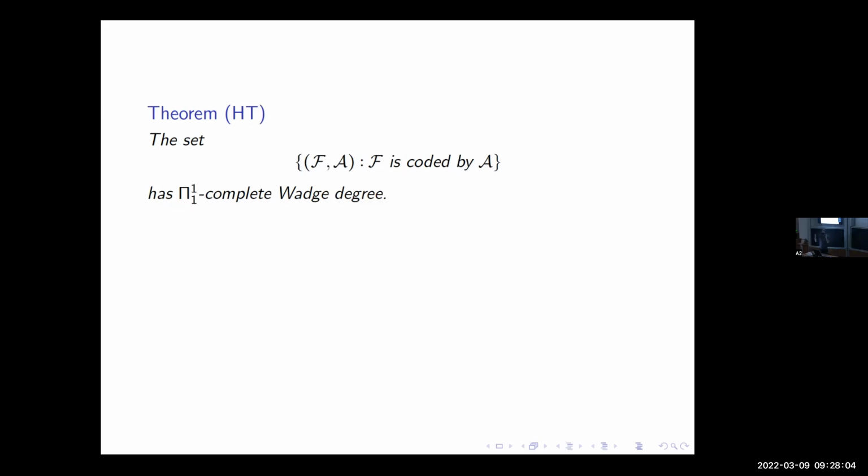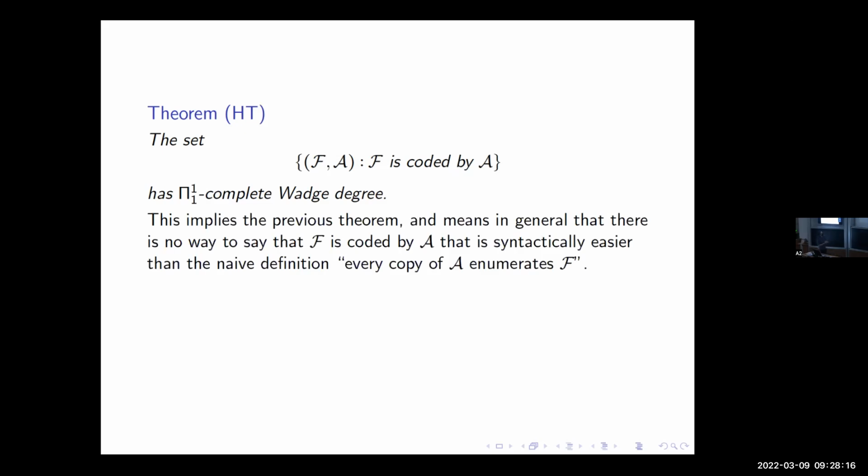It just so happens that in every copy of the structure, it happens to enumerate the family. But there's no reason more than that's going on. Right, of course, this implies the previous term also, because if there were sigma 1 formulas, then you would get an arithmetic characterization. And yeah, so there's basically the naive definition of coding a family is the best possible one.